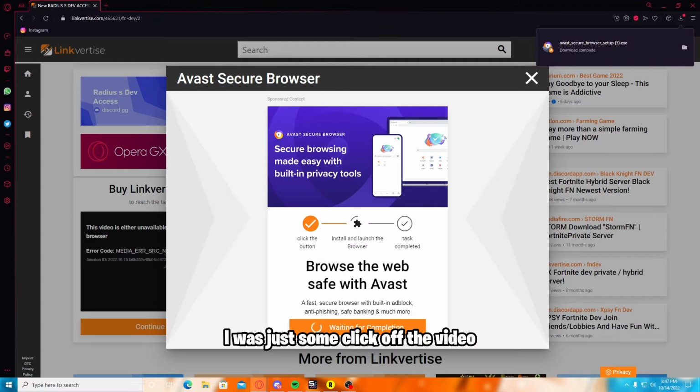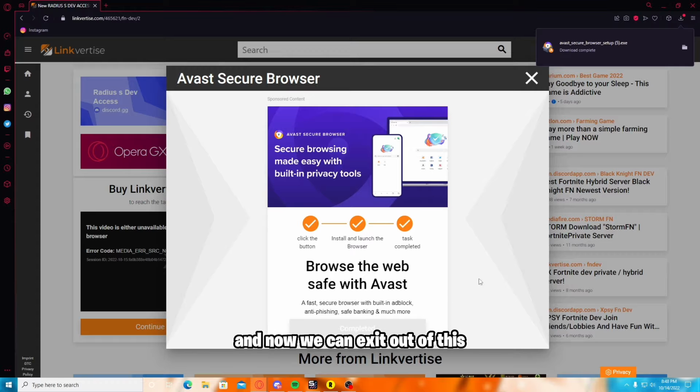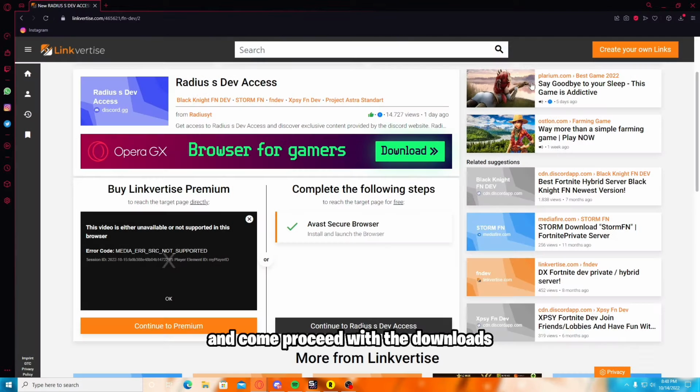Obviously, you can click off the video if it's your choice. But just wait, it takes around 30 seconds. You don't even have to actually run it. As long as you install it, it'll recognize that you did this. And there you go. As you see, it says task completed, and now we can exit out of this and proceed with the